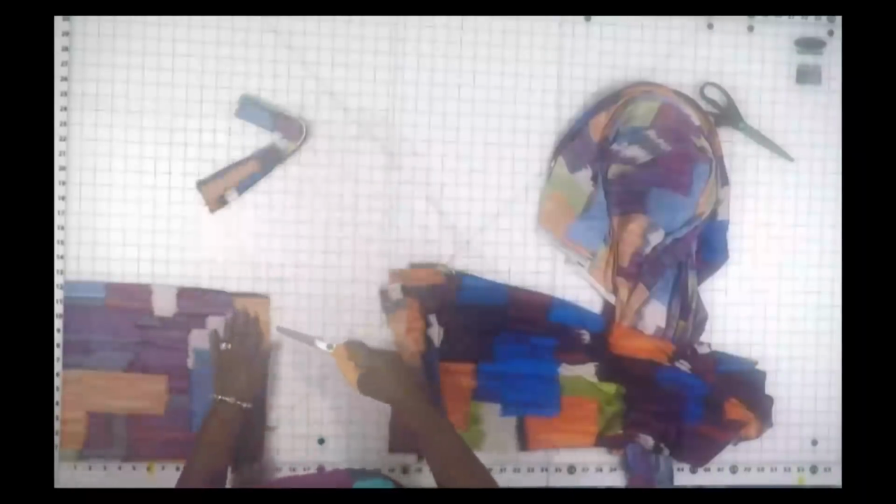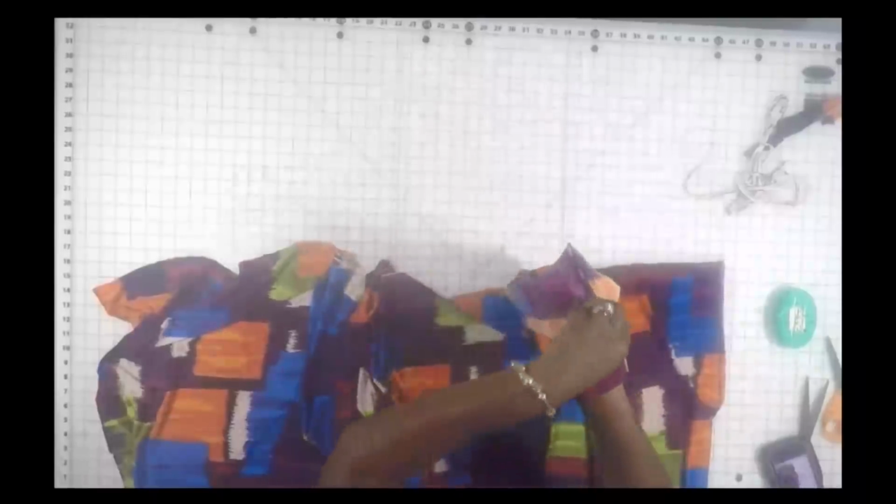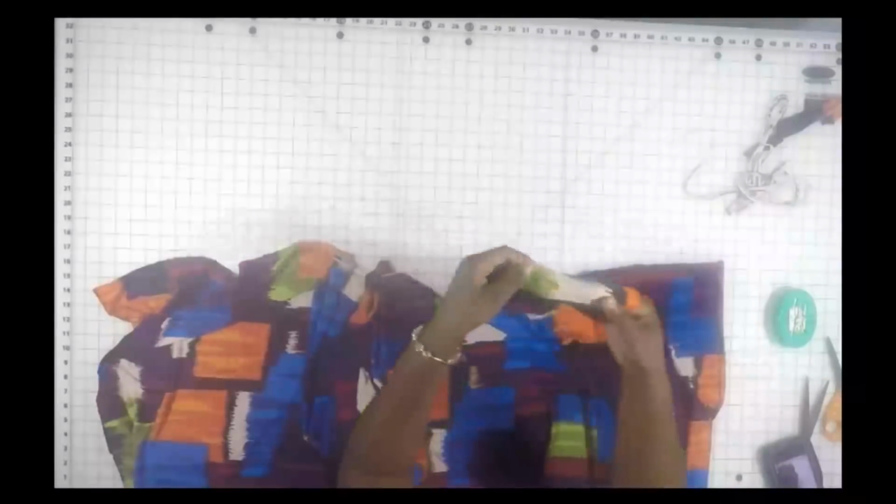And I have it folded in half, so it's doubled up, so it's half of my waist measurement minus 2 inches. And I'm going to sew down the sides of that using a stretch stitch or a zigzag stitch. So now that I have that sewn up, I am going to fold it in half, and that is the waistband. So I'm going to turn it